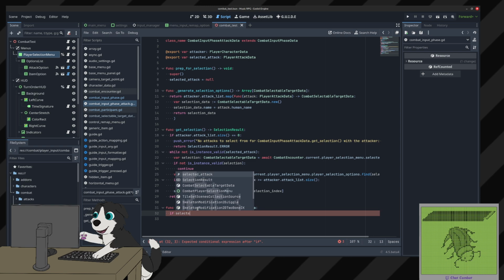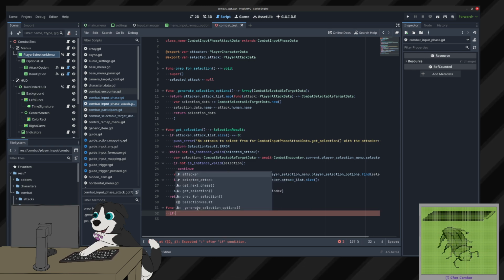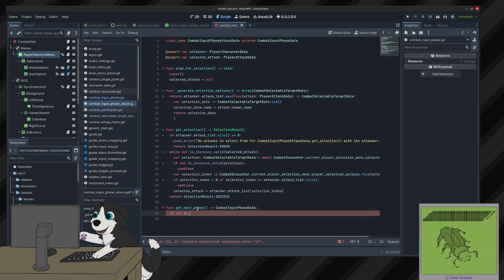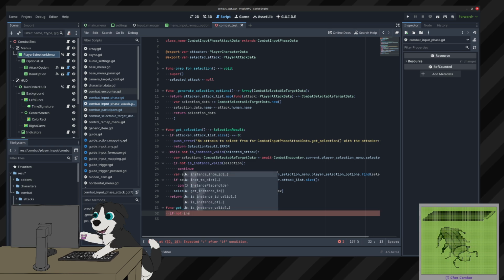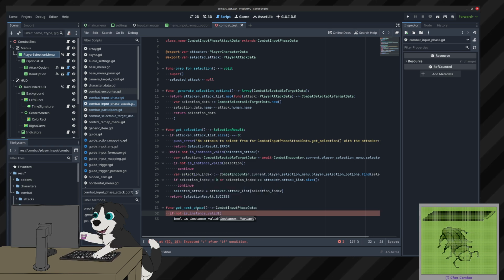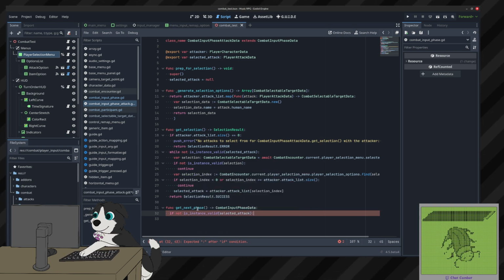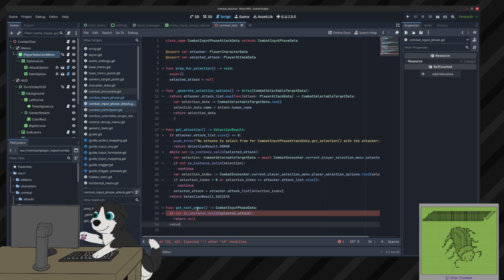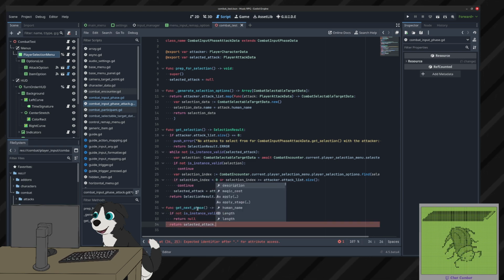If not is instance valid selected attack, return null, return selected attack dot